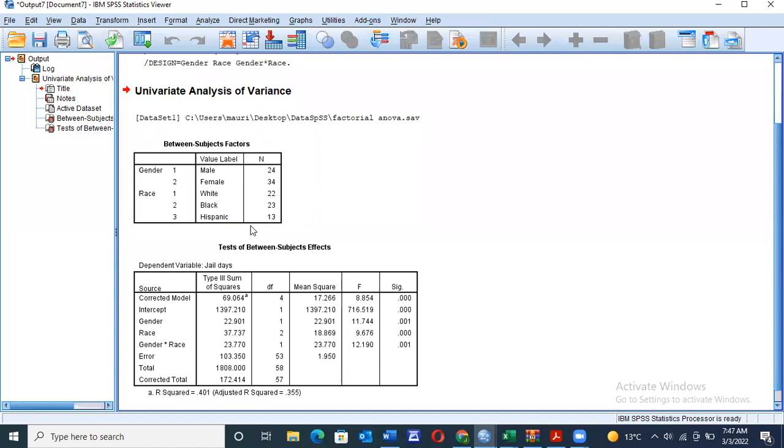Two tables will be generated. We have the univariate analysis of variance, where we have the value labels for gender, male and female, and the number of cases, N, for that particular entry. This also applies to race, where we have white, black, and Hispanic. We also have the tests of between-subjects effects, whereby we are going to determine whether there's a significant level of difference